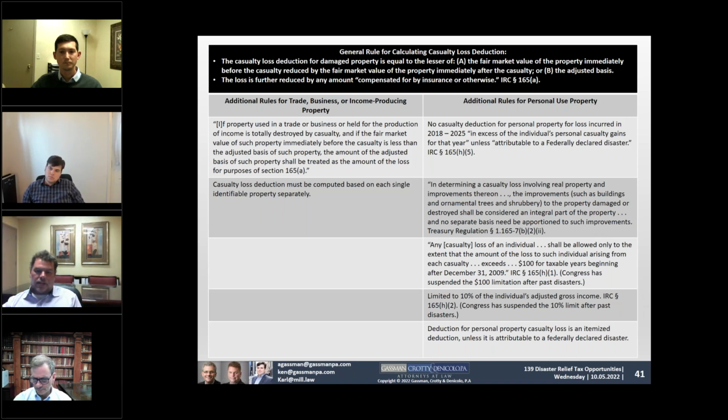A couple of other items is that typically you're limited to a 10% AGI. Typically, you're limited to only claiming items that are $100 or more. In the past, Congress has waived these requirements in most times where you've got a situation such as a hurricane. And in addition, in a normal situation, the items that you're taking as a casualty are claimed as an itemized deduction, meaning if you take the standard deduction, you could not claim these. But again, in most situations in the past where we've had a hurricane disaster relief like this, Congress has waived that requirement. So a taxpayer could take the standard deduction and still have an itemized deduction in addition to that for the casualty loss. All right.